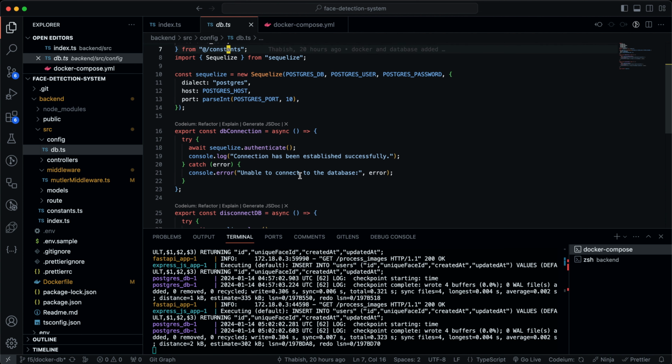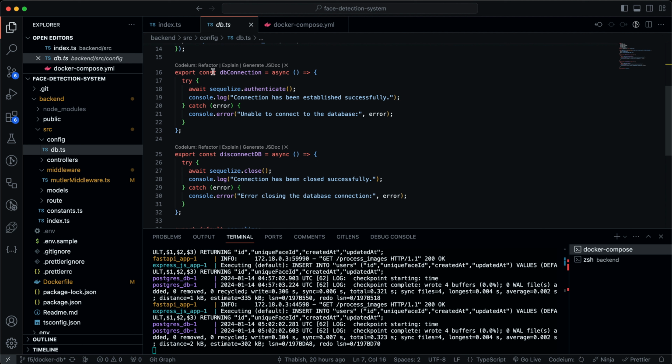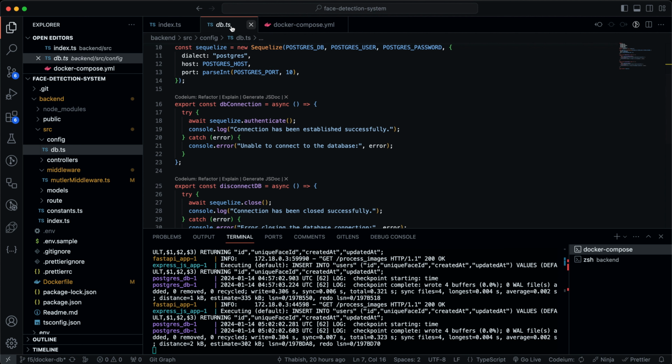We just initialize the Sequelize, and we just said we have a function for establishing a connection with the database and disconnecting the connection with our database. That's it for this file. And the other